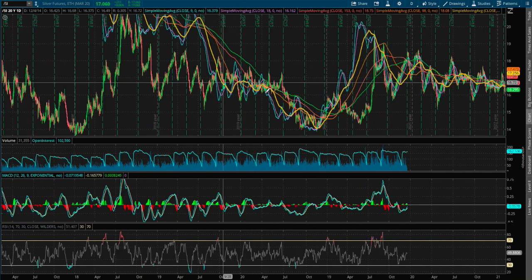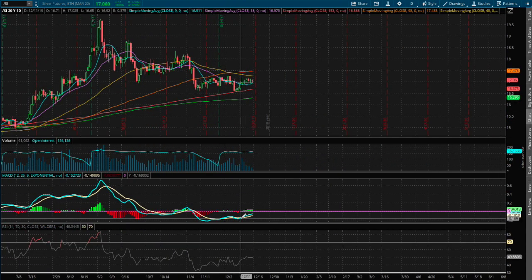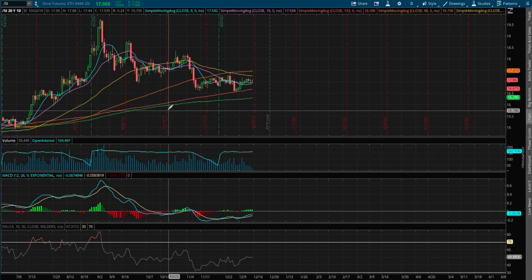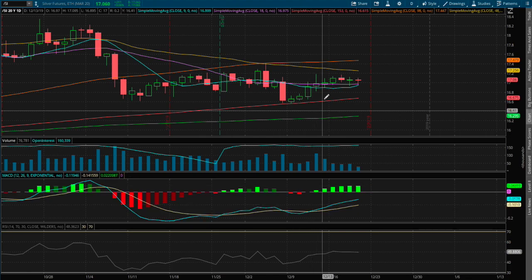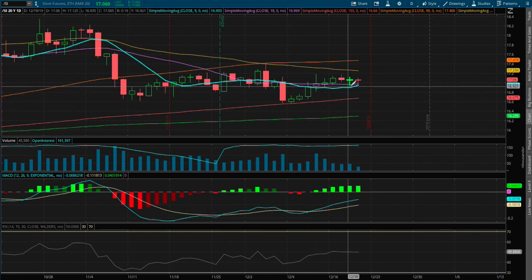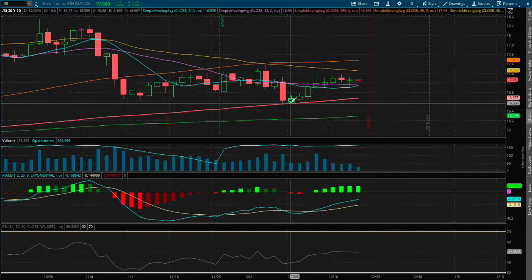As for the daily chart, we see a reversal in the MACD, we saw a convergence that dated back to December 11th, and we also see a possible convergence of the 9-day moving average onto the 18-day moving average, this purple line. And at the moment, I do see higher lows as indicated right here,